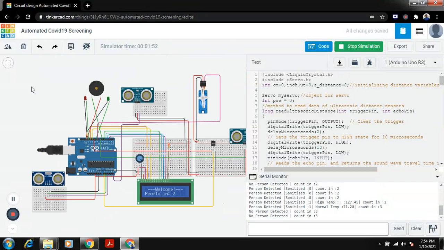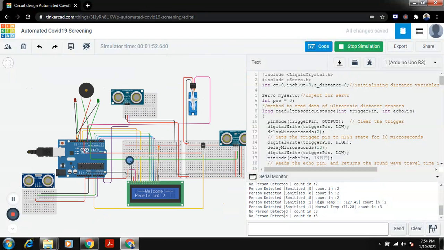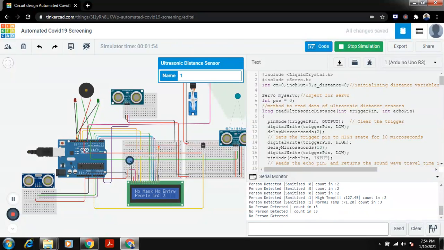So I'll just shift this right here. You will see that no person is now being detected since no person is near the door, and it is saying no person detected, count in is 3, right? And then we will set this close, right? Set this close. So now the person is being detected,